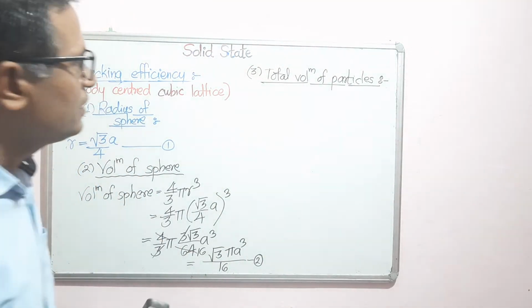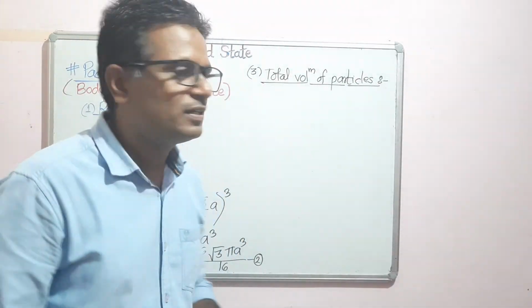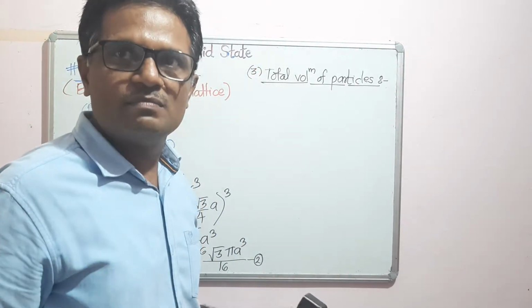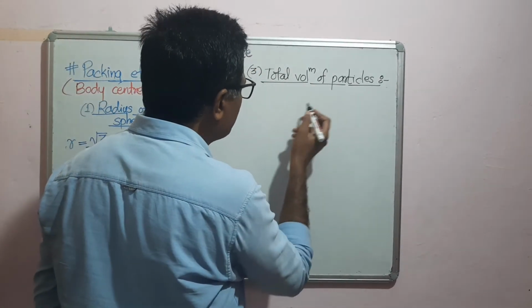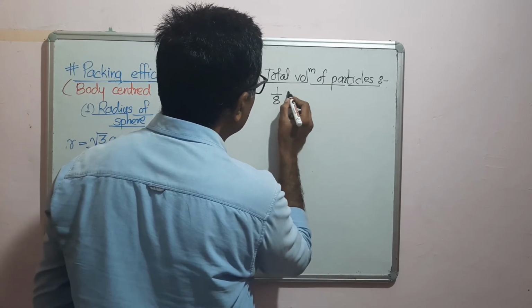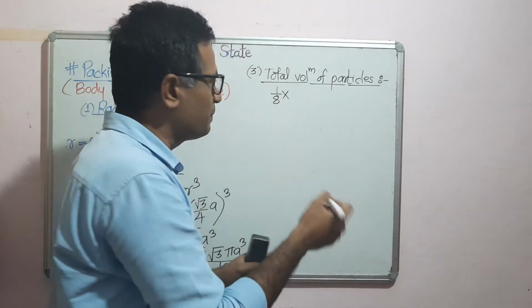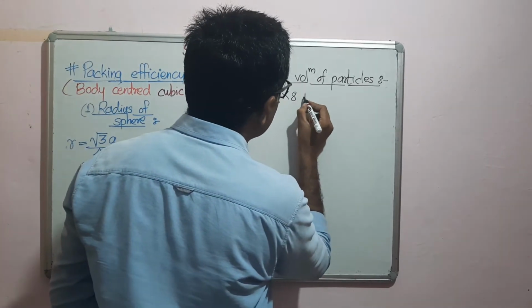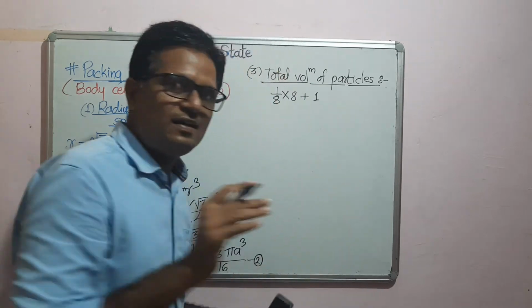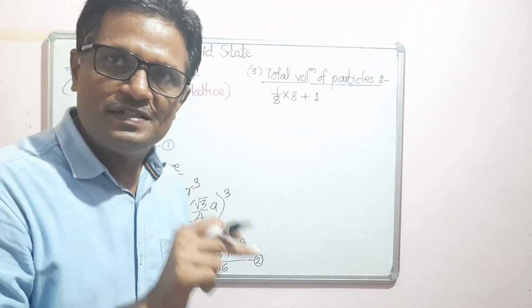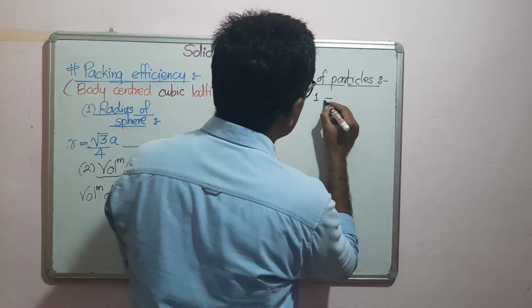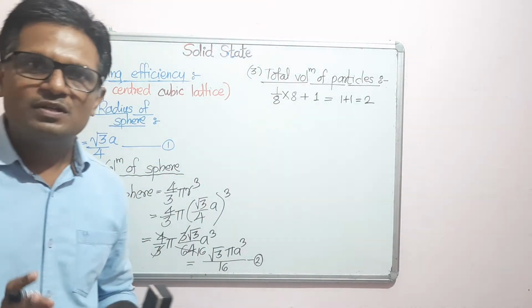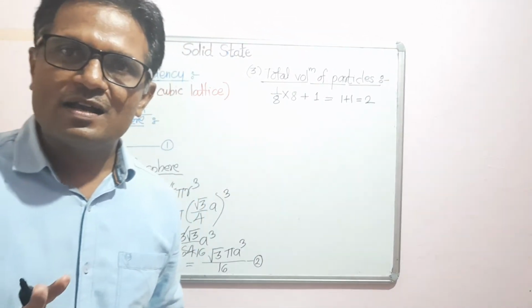So in case of BCC, already we have done the calculation for this, but I will put here again the same calculations in short. So there are 8 corners, means 8 particles at the corner, and 1/8 part of that particular corner particle is present in the particular BCC unit cell. So 8 into 1/8 plus 1 particle is there which is entirely present inside the BCC structure. So this will give the calculation 1 plus 1, and that is equal to 2. Means effective number of atoms in BCC are 2.